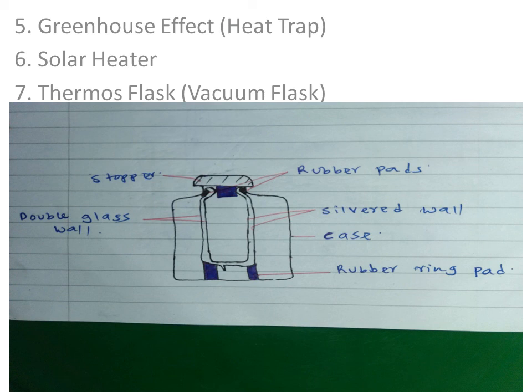So our fifth application is in what we call the greenhouse effect, or the heat trap. Now how does a greenhouse effect work or apply thermal expansion? A greenhouse has a glass roof through which radiant heat energy from the sun passes. This heat is absorbed by objects in the house, that is the plants, which then emit radiations of low energy, that is of low electromagnetic wavelength, that cannot penetrate the glass. So the cumulative effect is that the temperature of the house increases substantially.